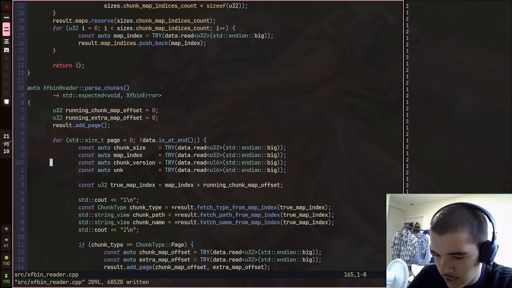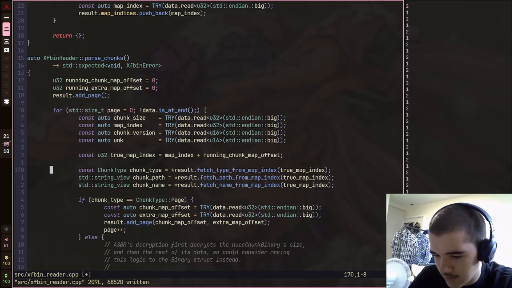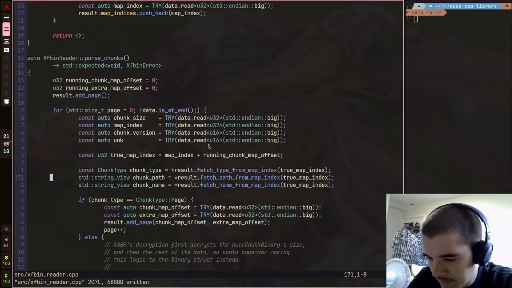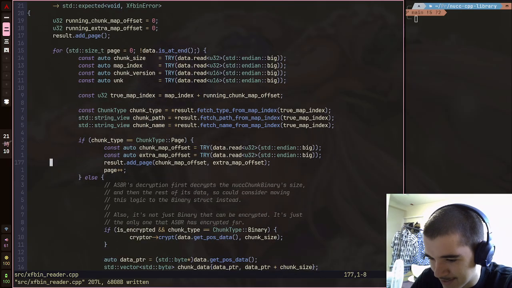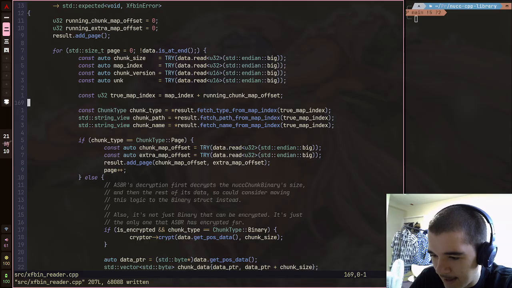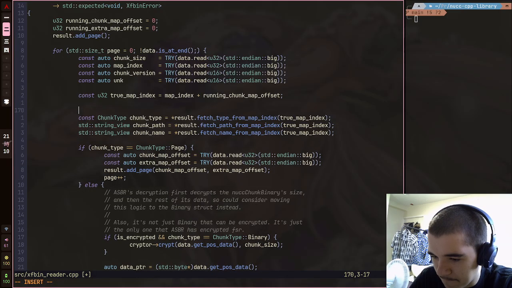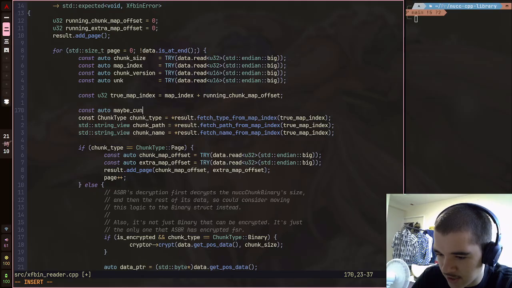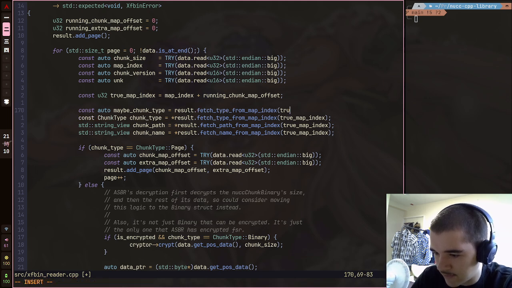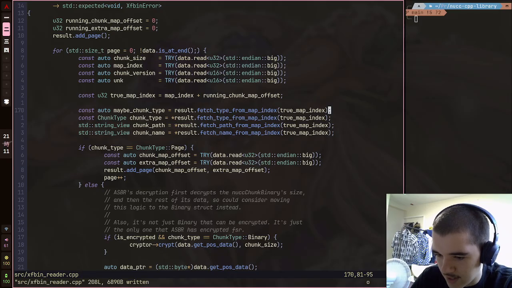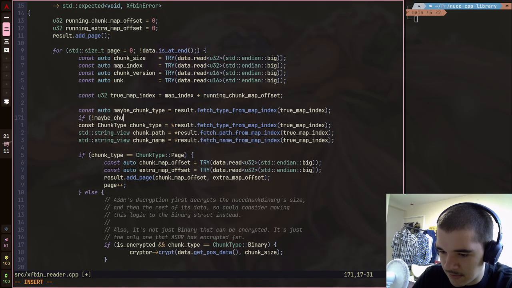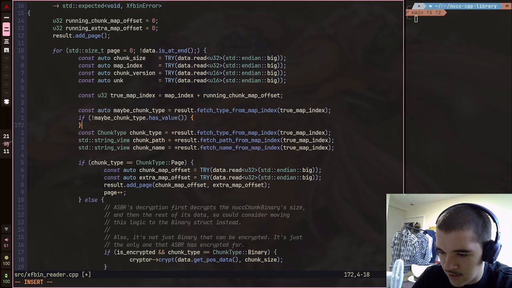Now, if you're wondering why I don't just handle these, that would probably be a good idea, to be fair. Let me just handle this first, because this caused me so much trouble. So const auto maybe chunk type equals result dot fetch type from map index of true map index. If not maybe chunk type dot has value, then go ahead and return